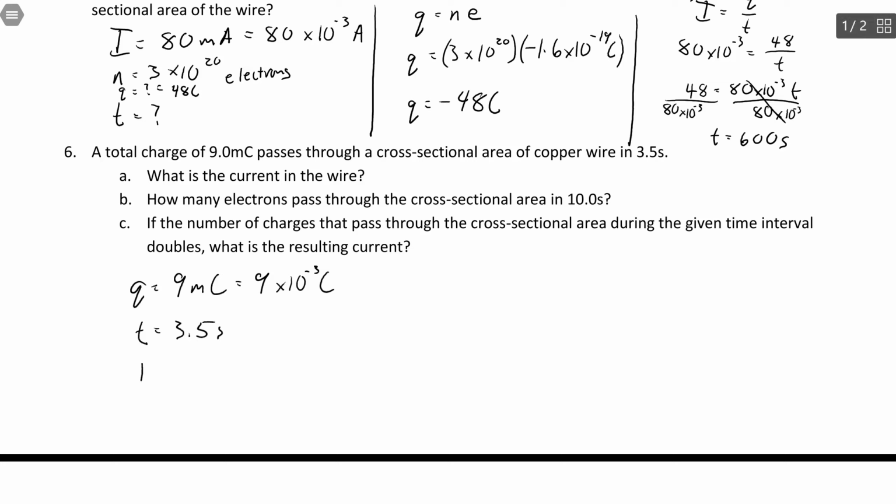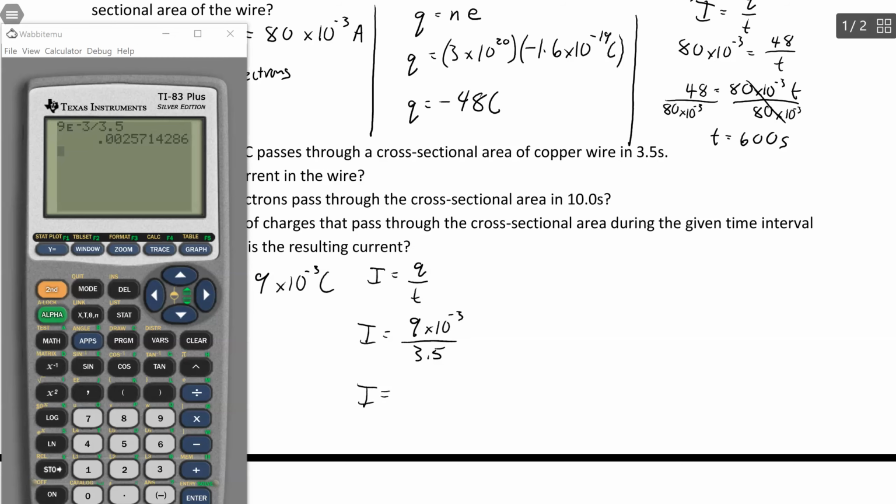So part A says what is the current in the wire. Pretty straightforward. I is equal to Q over T. So the current is equal to, you just have to remember this is 9 times 10 to the negative 3 divided by 3.5 seconds. So the current is, as you could see,